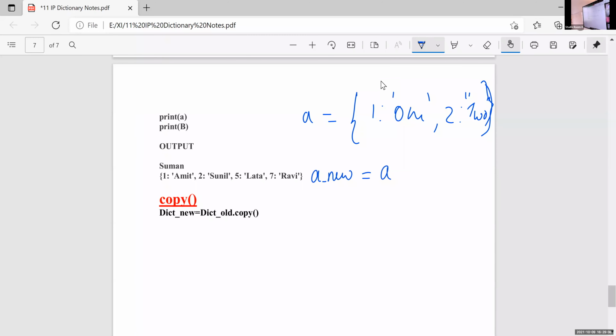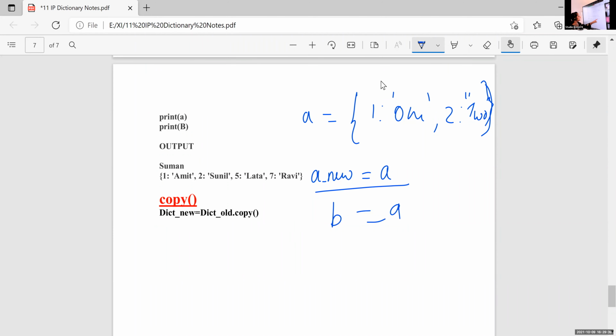What is the meaning of this statement? I'm giving a new name for A. That new name is A new. Any name you can give. So first you declare one dictionary, it is A. And I want to give one alternate name for this A. For that, I'm writing the statement new name equal to A. That is, A new is equal to A, or B is equal to A. What is the meaning of B is equal to A?